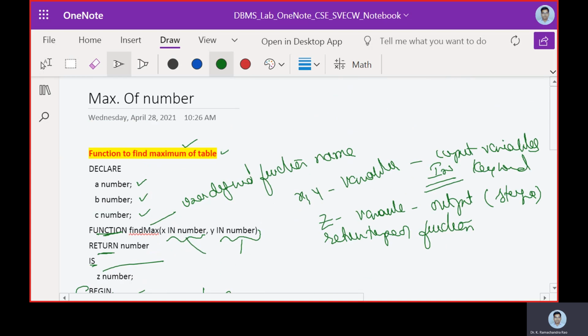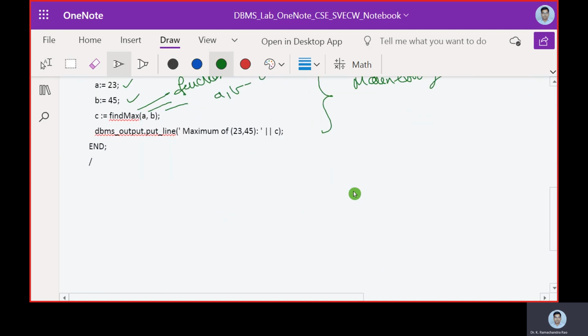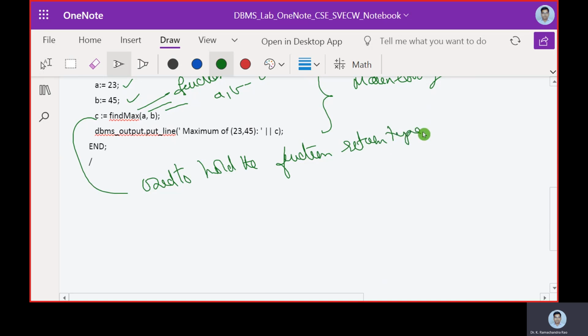Now x and y, these are called as formal parameters. Now C is used to hold the function return type value. So that's where we call it as find max with the return type value, so 25 and 45. Now answer, so we find.